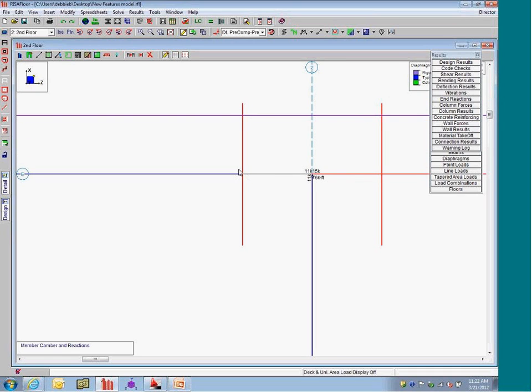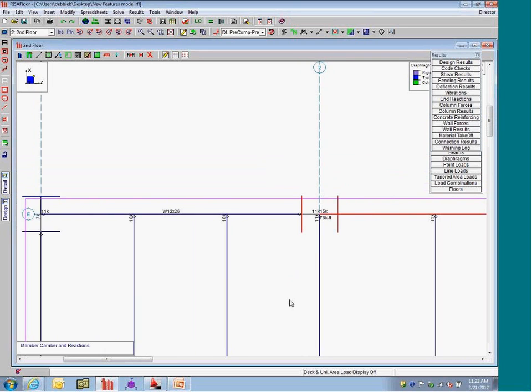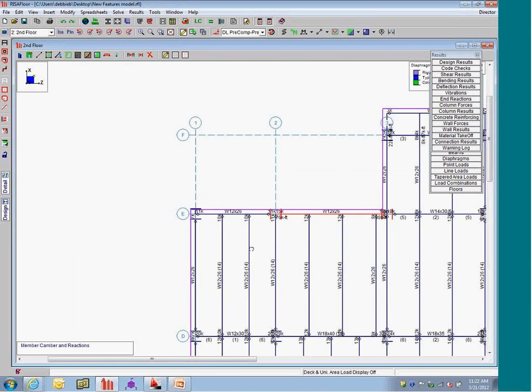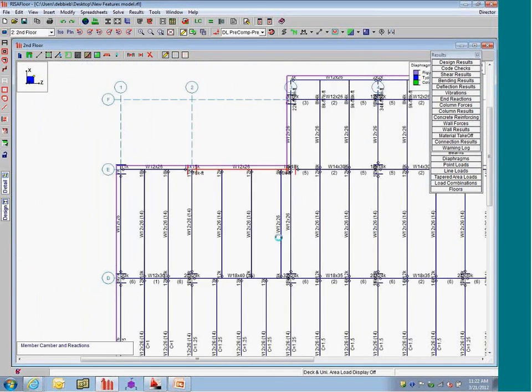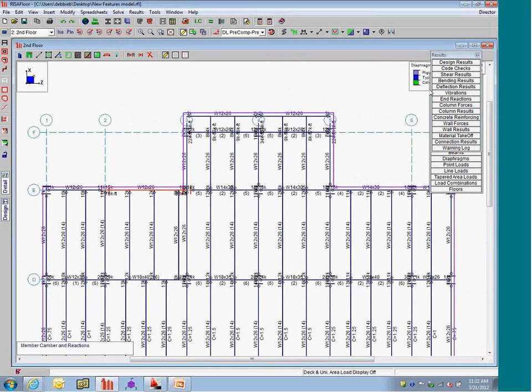It's a little bit hard to see, but what you can really indicate it by is this little circle. That pin connection is happening at the face rather than at the actual center line. And with that type of connection, all through the model you're going to see these little gray lines doing that for you automatically. Another thing you can do is define connection rules. So we're going to be taking this model over to